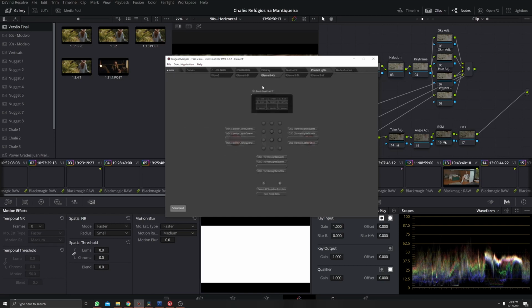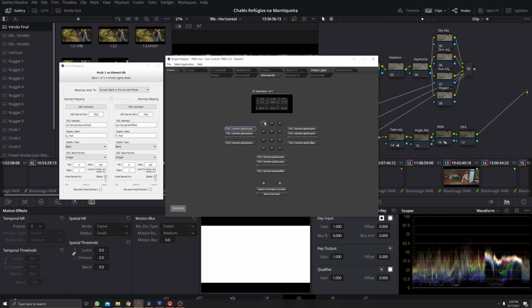The last mode is the printer lights. Nothing for TK, but on KB we have controls for our printer lights, which are quarter controls here on these buttons: red, green, blue, cyan, etc. On these three buttons, we have quarter control for master, half control, and full control for the master. So all these are masters, quarter, half, and full.